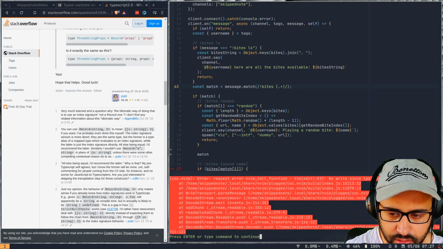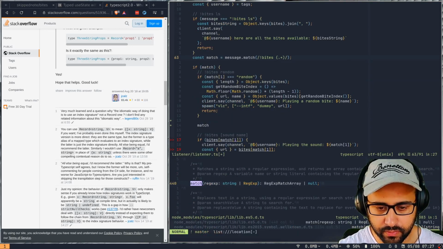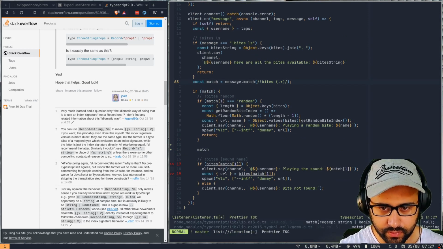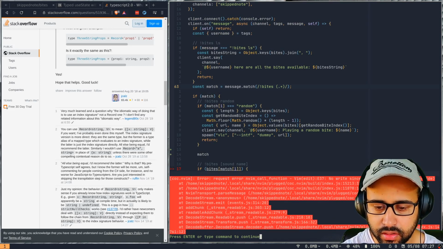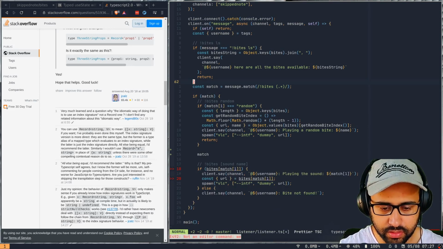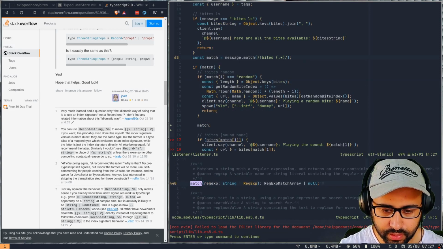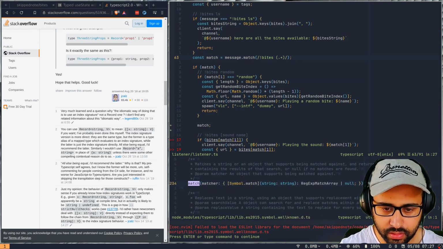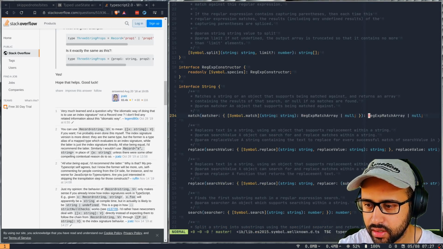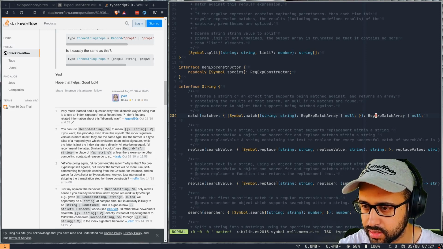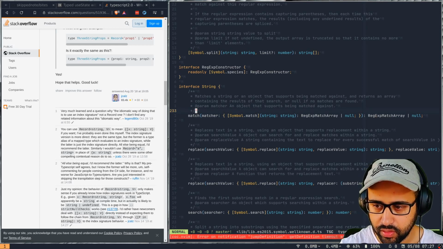Yeah, I want to look at this one, but it doesn't open it for some reason. Let's try again. Okay, yeah, I think I just need to save this file. Okay, let's try now. Let's take a look at the 2015 one. So we have match, right, and we get a regex match expression, regex expression match array. And what is this is something I want to look into.